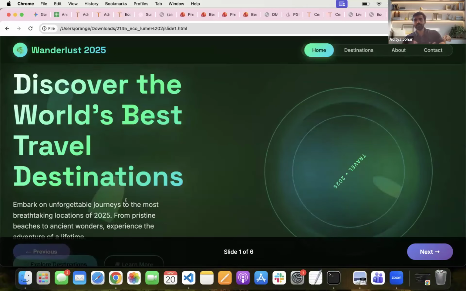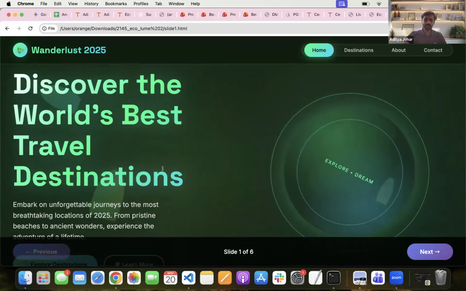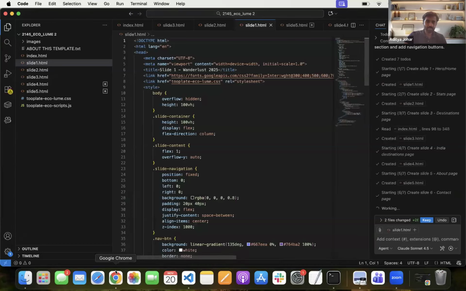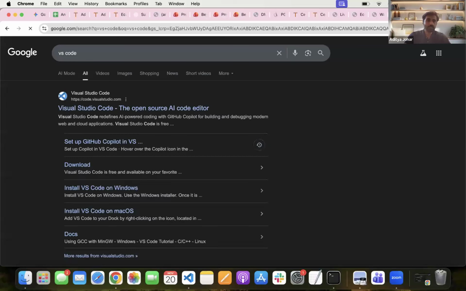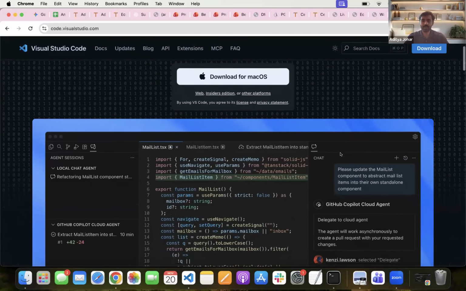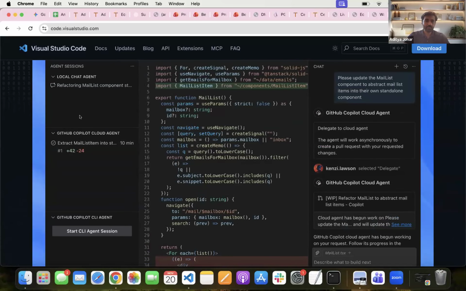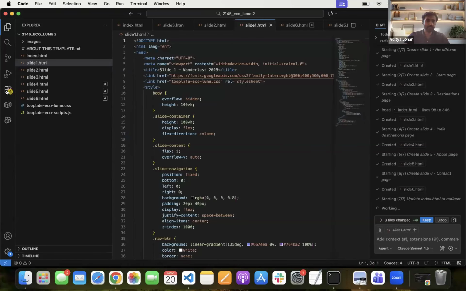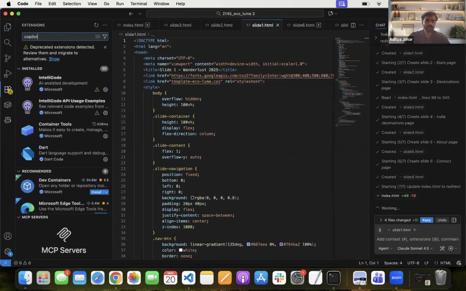So we've converted a template that we downloaded for free from the internet. We loaded that into VS Code. So basically VS Code is nothing but just a code editor. You can download it from here. It's the open source AI code editor. It works for Mac, Windows, Linux. It's available for all. And the next thing you need to do is just download Copilot, which is basically an extension. If you go into the extensions marketplace and you search for Copilot,